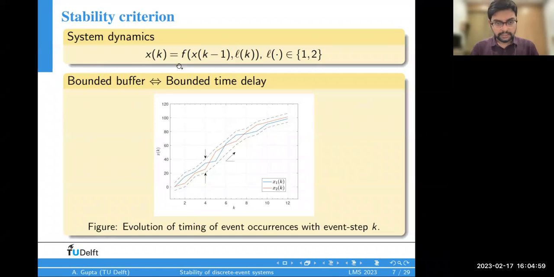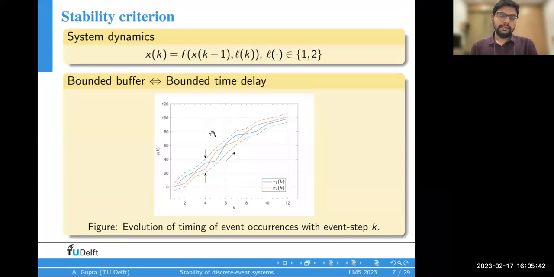Like I suggested, this is where max plus algebra comes into play, and we have x, the state, a vector that has the clock variables in it. So each state represents time, how it relates from one cycle k minus 1 to the next one, that is k. And here, for generality, I've also included a state L of k that is discrete. So we can have multiple ways of operating the system. For a fixed L, we say it is in a certain mode L. So it can be in mode 1 or 2.